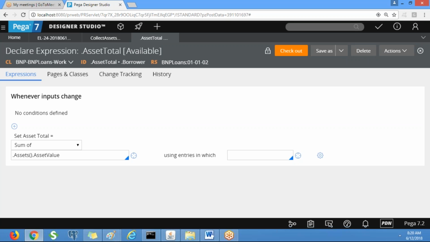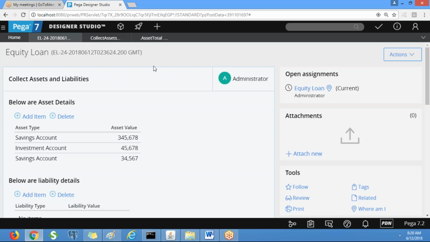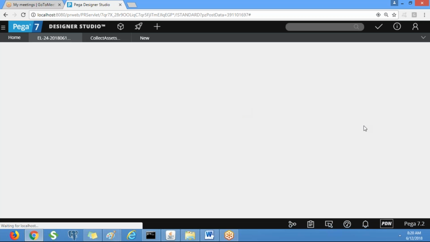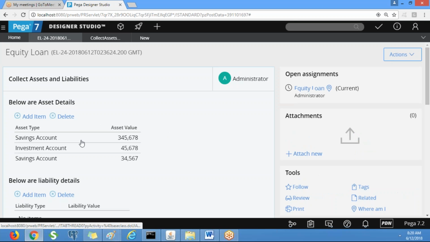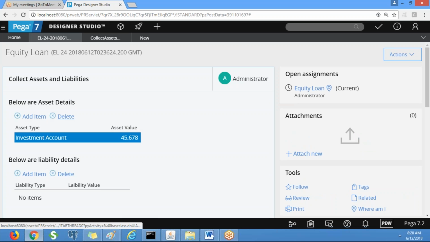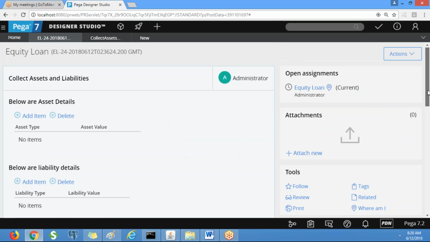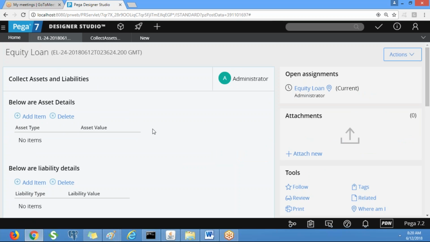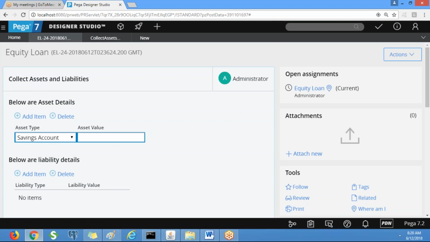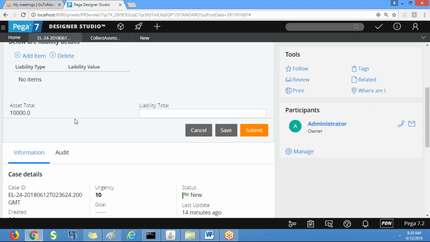Okay. Now let's test this. Let's refresh. First let me remove all these records, so we don't have any assets, right? Now let me add one asset, let's say 10,000. See, automatically getting updated, right?